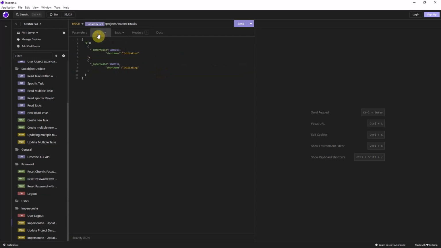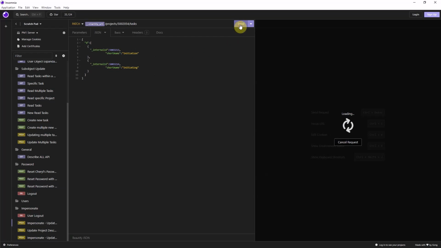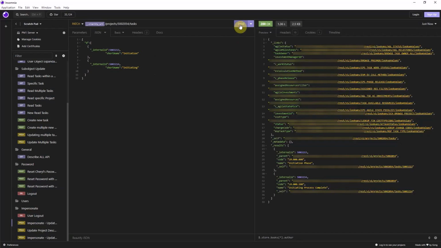If you're making any change in the JSON, you specify what needs to be modified. In this case, I am going to make the call as admin, and I want to change the short name of my tasks to these two values using Cheryl Amos. So let's go ahead and make that call. Once the call is done, I'll get the message back that the change is done, and I can go into Clarity